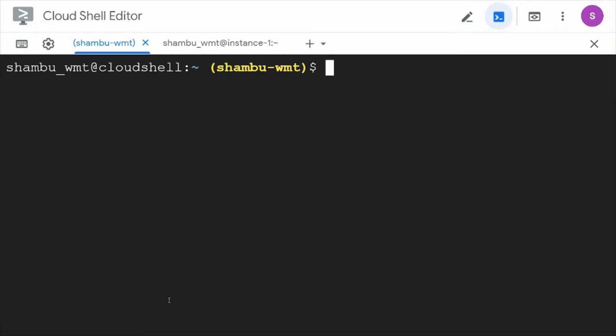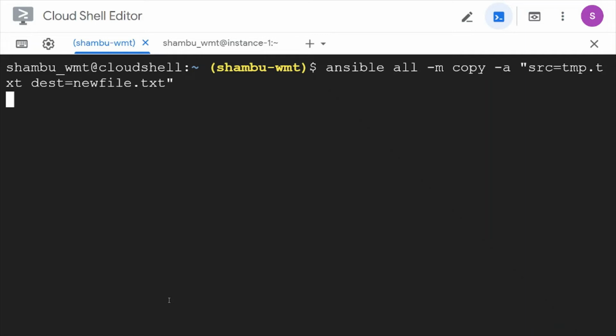Let me clear this. ansible -m copy -a src equal to tmp.txt, dest equal to newfile.txt.